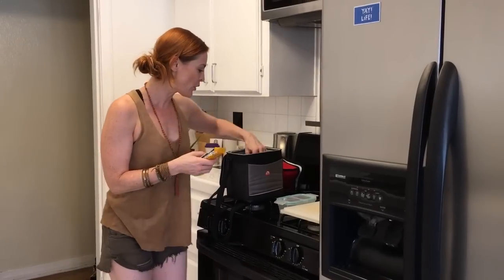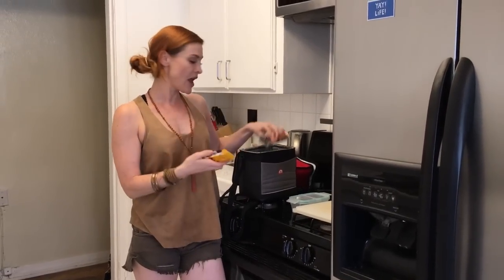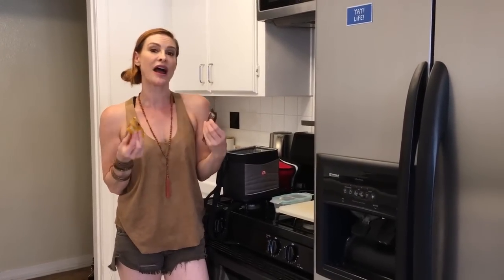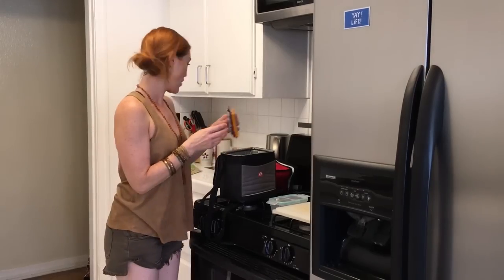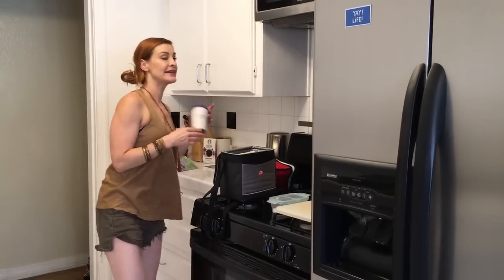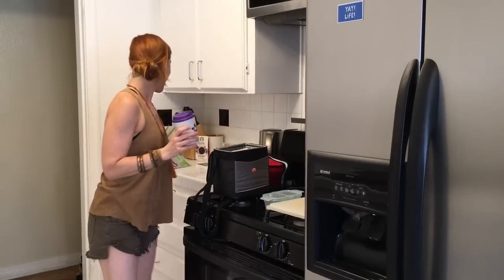I like to carry both protein bars that have a lot of protein in them, and then I also like to carry bars that are more carbohydrate based, that are mostly just carbohydrate. Because when I travel, I find that I actually need a little bit more carbohydrate because I'm on the go all the time. I always have whey protein powder. I always have a container that I can either put my whey protein in,